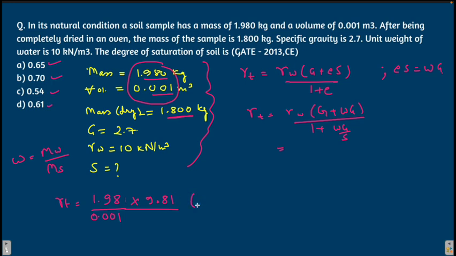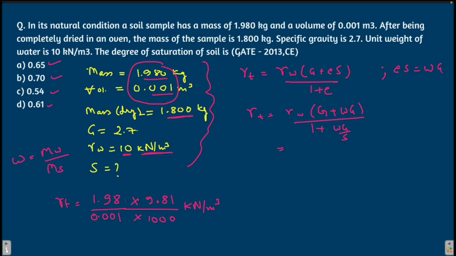Now it will change to Newton per meter cube. From kg to Newton, you have to multiply it with acceleration due to gravity. Now it will convert to Newton per meter cube, but you want your answer in kilonewton per meter cube because the density of water is given in kilonewton per meter cube. Or else you can convert this kilonewton per meter cube to Newton per meter cube, multiply here with 1000. But here, you have to convert it to kilonewton per meter cube. So divided by 1000 will give me kilonewton per meter cube.